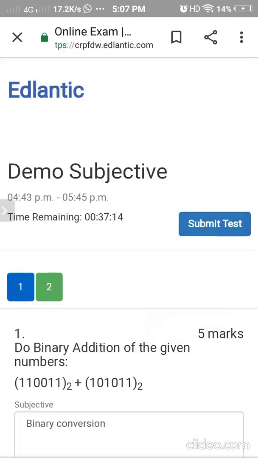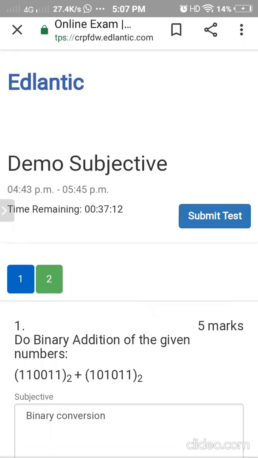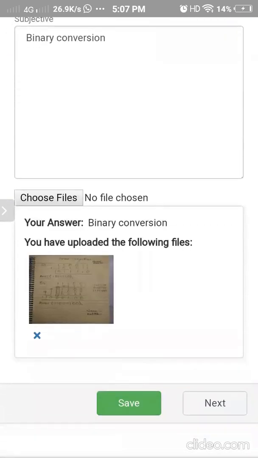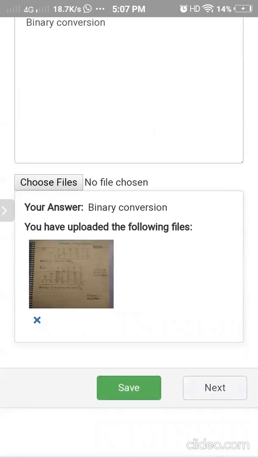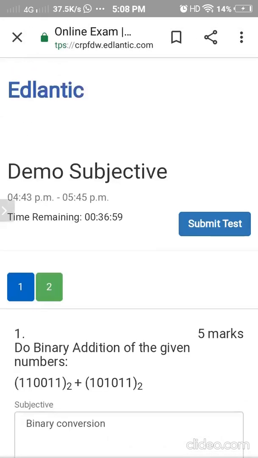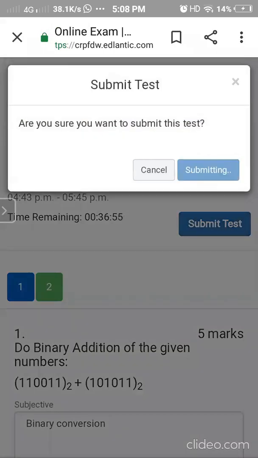Now, after checking both the answers and making sure that you have uploaded both the answers properly, and the pictures are clear enough and the content is readable, click on submit test button, confirm.